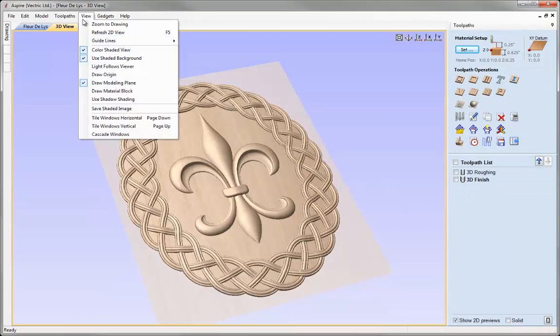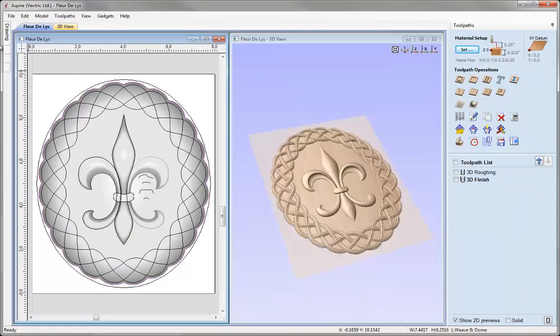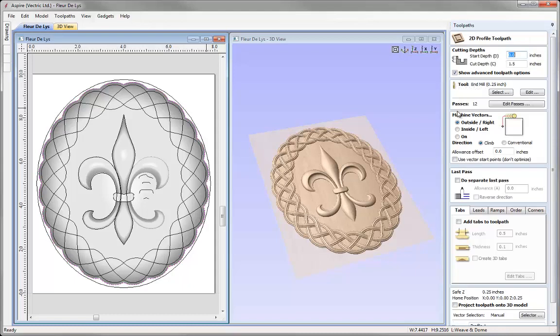Let me just go to view. I'm going to go and tile my windows. Now we're going to look at running a toolpath in order for us to cut the model out of our material block. In this case we're going to use the profile toolpath, so we're just going to use a 2D toolpath here. So I'm going to select that, see that I already have my vector selected, which represents the boundary